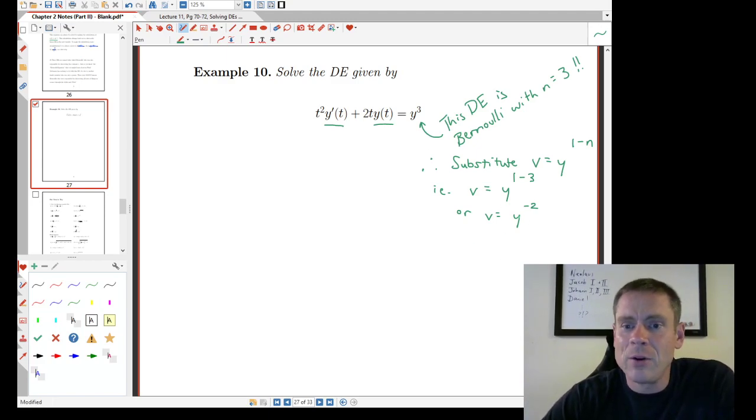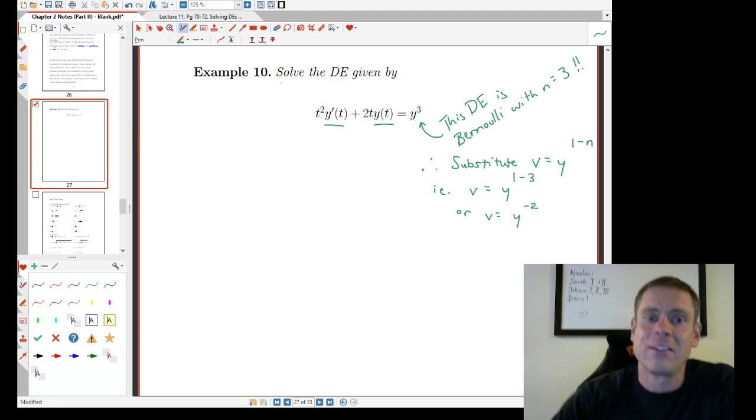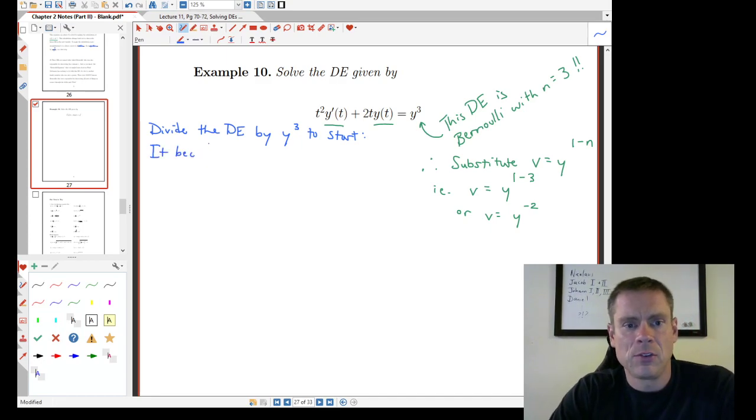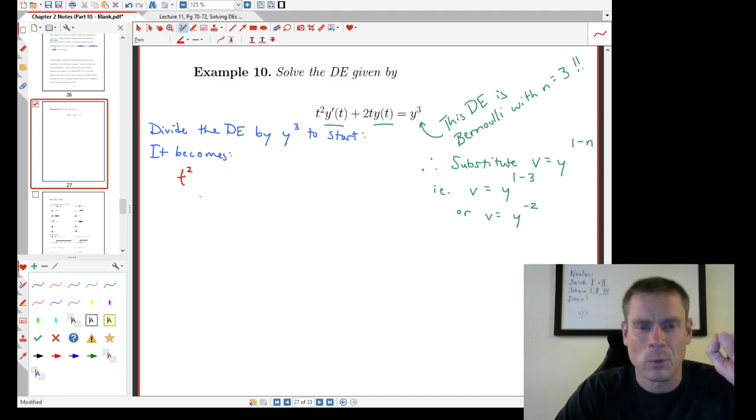In order to make that substitution, I don't even see a y to the minus 2 anywhere, but remember my advice from that last page. Take your first step and divide the whole equation. Divide the DE by y cubed to start. And if you do, it becomes this. I'm going to leave this t squared here. Again, you could have divided this off to start, but we're going to see by the end it won't matter, I think. But I get 1 over y cubed, y prime of t,